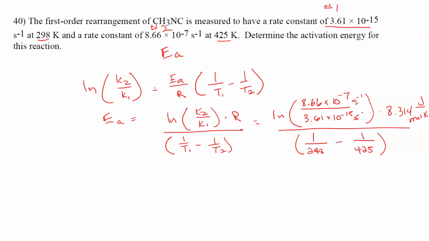If you crunch through this and you get all your math, let me just throw Kelvins in here. Per second over per second cancels out, so we don't have to worry about our units when we're doing our natural log transform. So we're just going to end up with joules per mole Kelvin over 1 over Kelvin. So Kelvins will cancel, and we should have joules per mole as our activation energy, which is the unit we want. And this will come out to